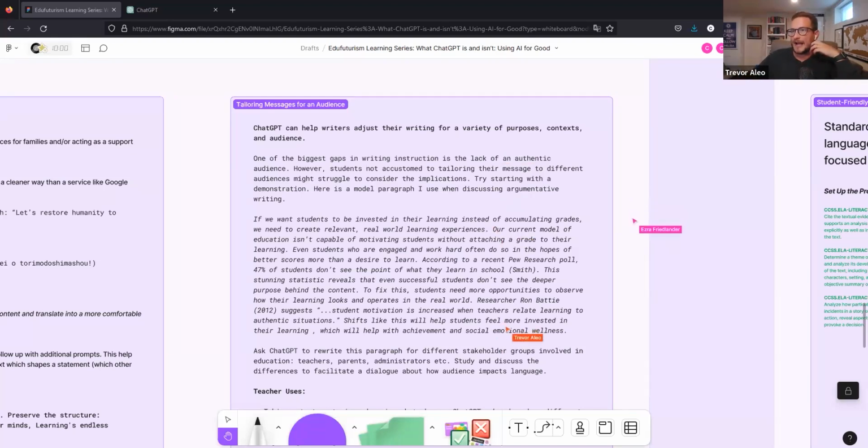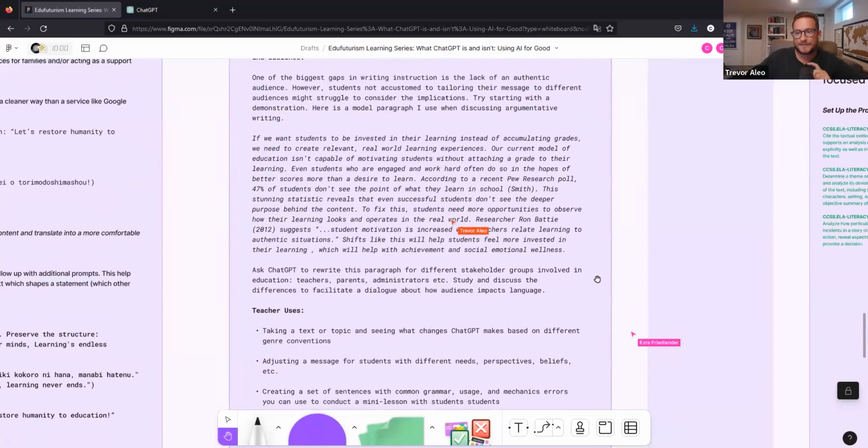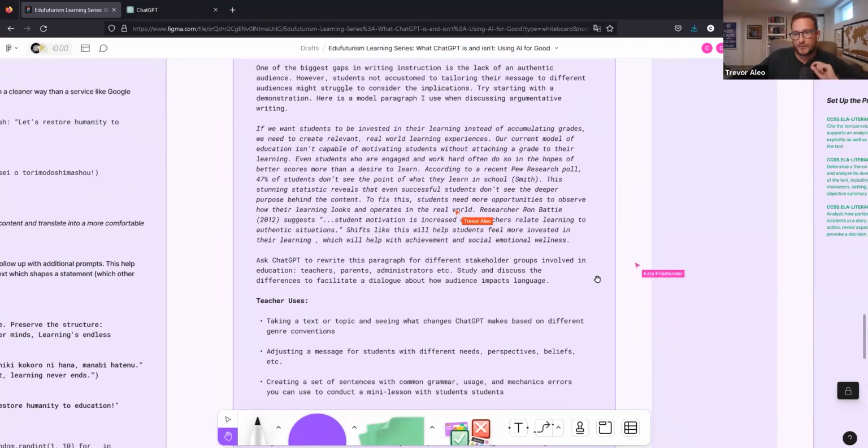So the example that I have here is a model paragraph that I use when I'm discussing argumentative writing in my English class. One of the things you could do is ask ChatGPT to take this paragraph, which is talking about some of the issues with the way that traditional schooling is structured, and rewrite it for different stakeholder groups. How would the exact same content of this paragraph look different if you're writing for students or for teachers